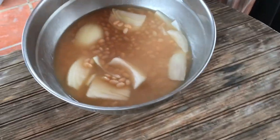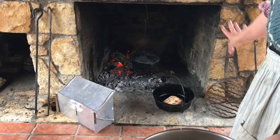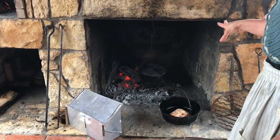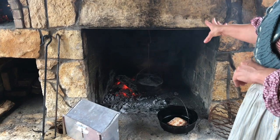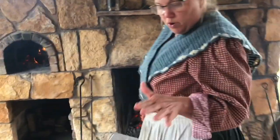As you can see back here, I have my fire going. I have a small fire in the back. I have my roast right here that I'm going to put the beans in. I also have my refried beans in there that I'm cooking. That's something that the cowboys would have really eaten at that time period. With the refried beans off the chuck wagon, they would have eaten